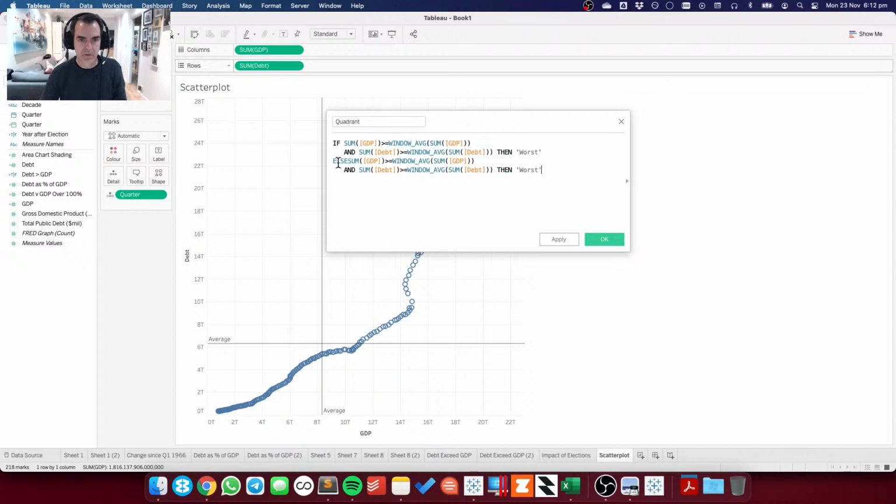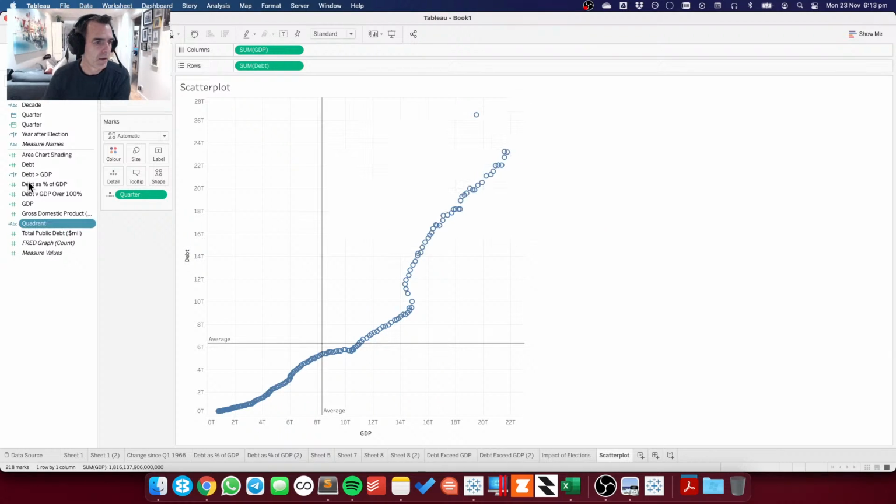Else if that, and this is less than, so that means the debt is high, that is below, then we'll say high GDP, or higher GDP. I don't know, whatever. I'm not going to use this anyway.